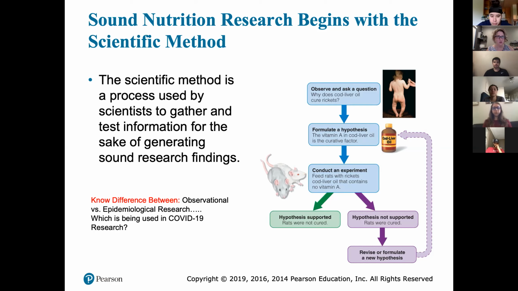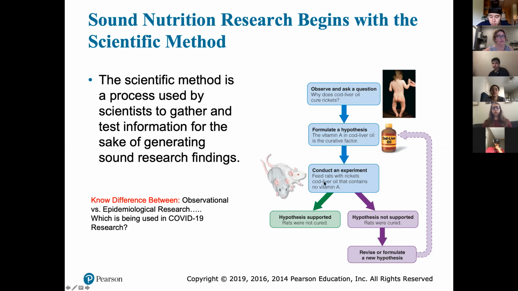They're doing the same thing with COVID, right? They're trying to do all these different things to figure it out. So here's what they do in this experiment. Of course, we start off on rats before we do it on humans, although with COVID they're starting right on humans. They did some rats too. We're going to feed the rats cod liver oil that contains no vitamin A, because their hypothesis was that it was the vitamin A in the cod liver oil, because it's very high in vitamin A, that must be what's doing it.